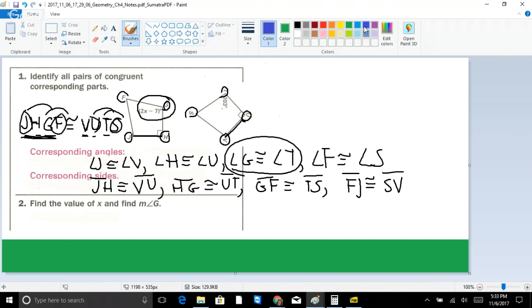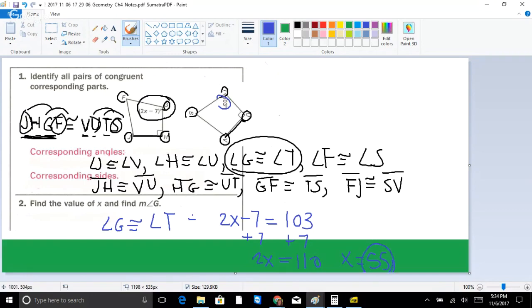All right, so we know that angle G is congruent to angle T. And angle T is 103 degrees. All right, so let's fill in the blanks. So angle G is 2x minus 7, and angle T is 103 degrees. So I'm going to add 7. I'm going to solve for X now. So 2x equals 110, or X equals 55. So we solved for X,